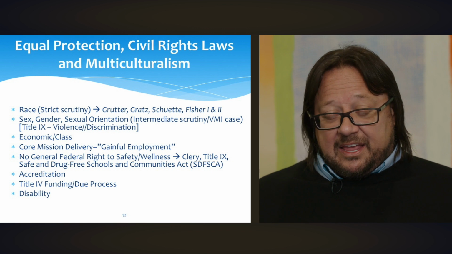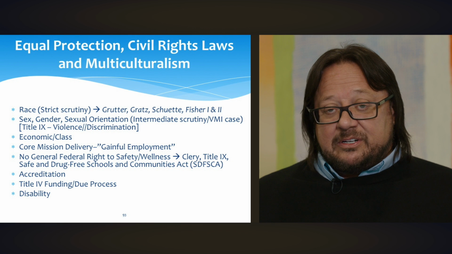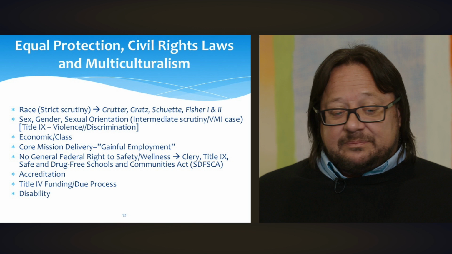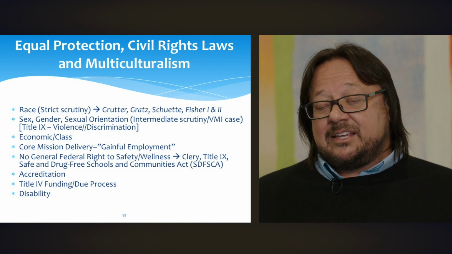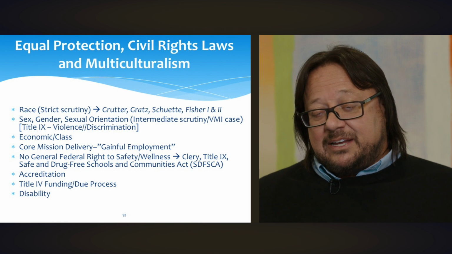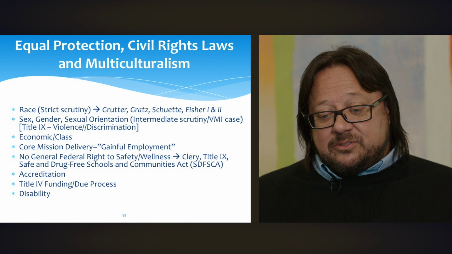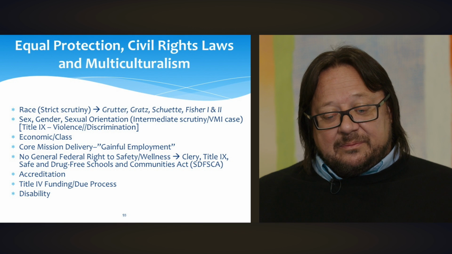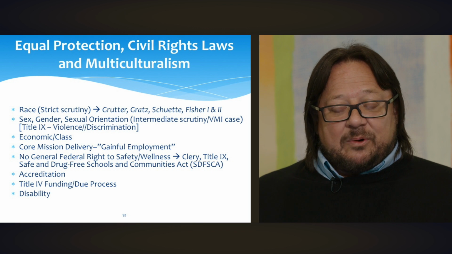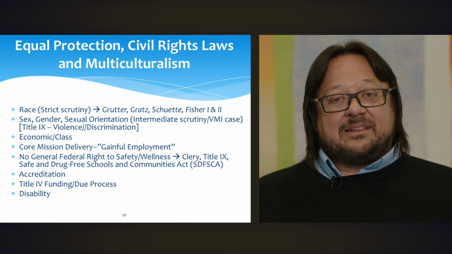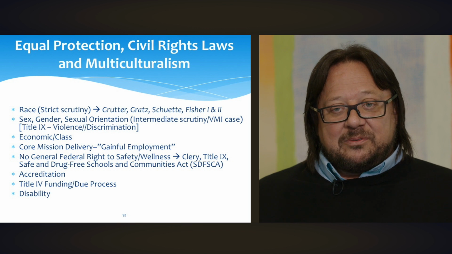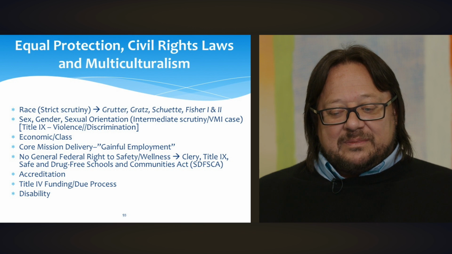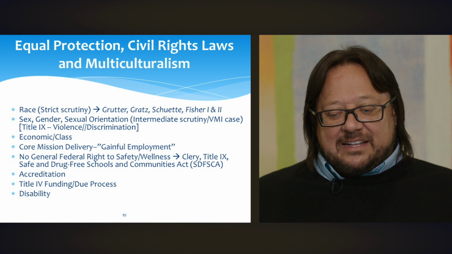But under Supreme Court thinking, sex discrimination comes under a so-called intermediate scrutiny standard, so it's somewhat less. There's no way to say this other than this, that under the Equal Protection Clause, not all discrimination is equal. Race discrimination gets strict scrutiny, whereas sex discrimination receives intermediate scrutiny. I will say that there's quite a debate in the legal community as to whether or not the new articulation of intermediate scrutiny is actually strict scrutiny sideways or in another form. I'll let you chew on that in more advanced units.